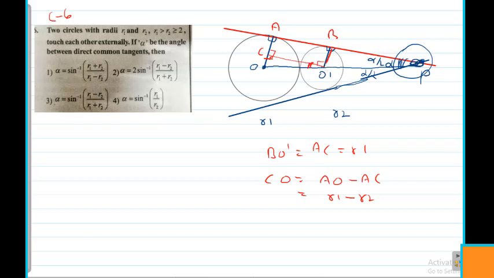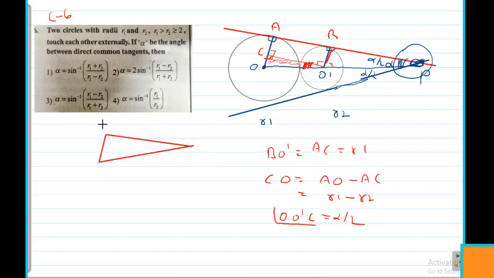Another interesting thing, this angle is also alpha by 2. Simply conclude, this is alpha by 2. Here 90. This is 90 minus alpha by 2. This is 90. 90 minus alpha by 2. This total angle is 90 plus alpha by 2. Already here 90, so this should be alpha by 2. Therefore, angle O dash C equals alpha by 2.